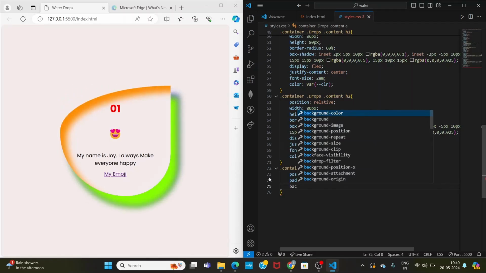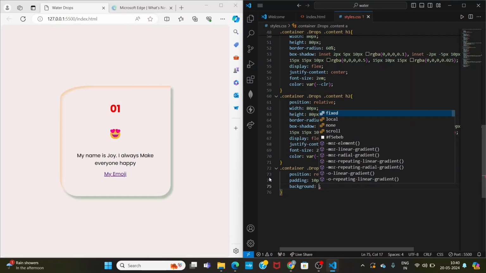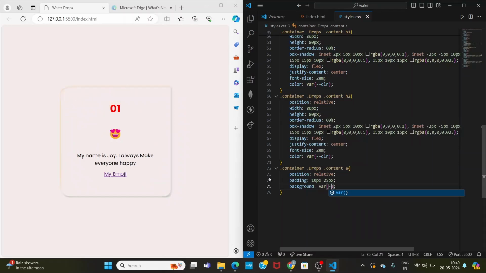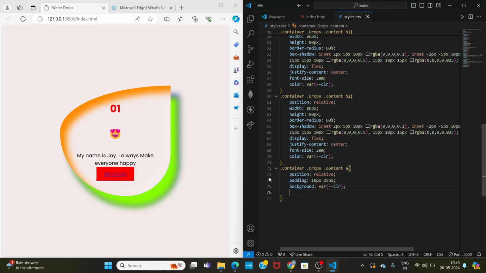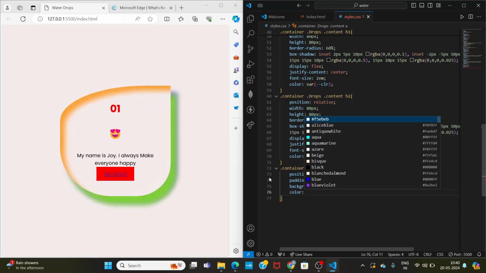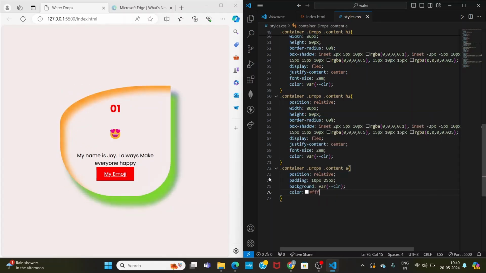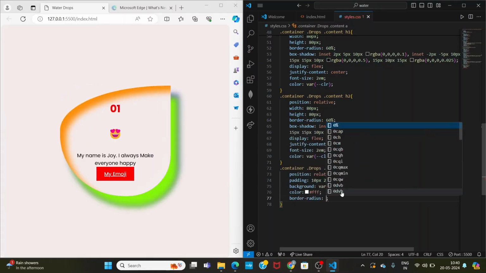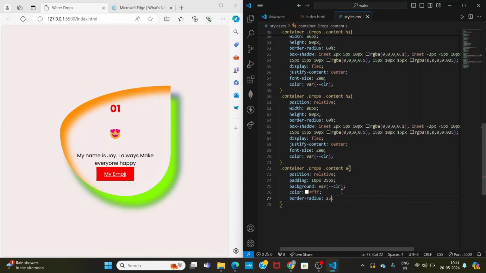Background, I'll be using background same which I've used. Giving color, white, border radius I will be giving 25 px, font weight 800,